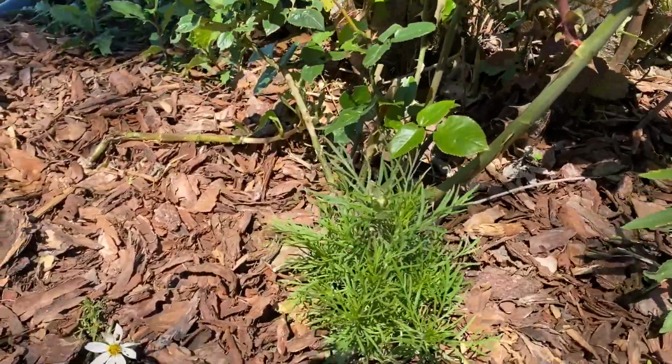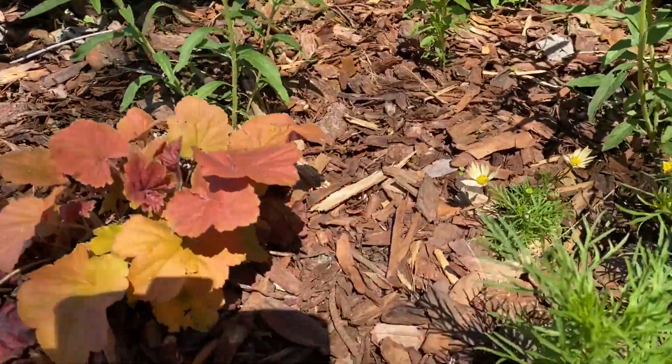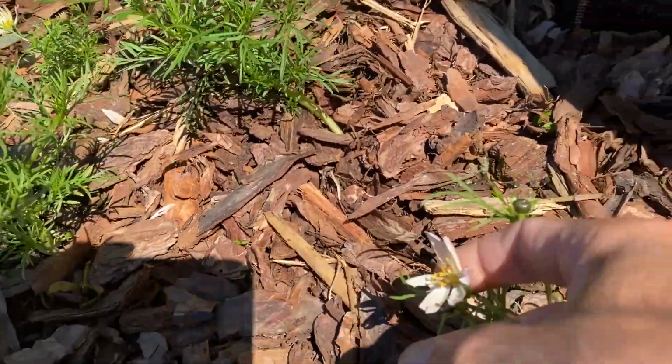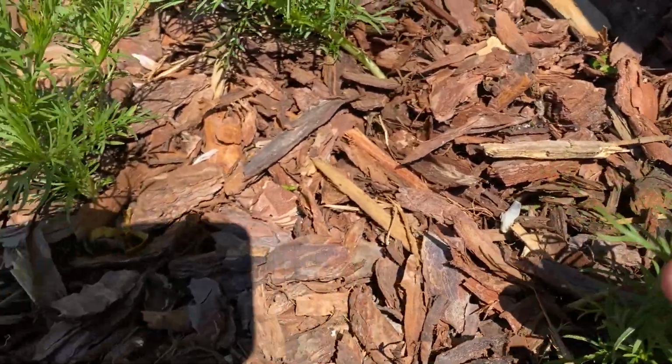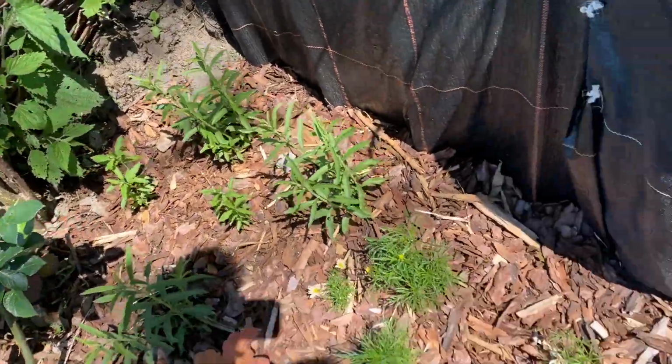Remember the tiny flimsy cosmos plants that I planted with you? And they really start to bulk up now. They're looking so robust and wonderful. They start coming to bloom already. So this is the peachy variety. Very happy with that. What I want to do now is just give you some quick information about the amaranth